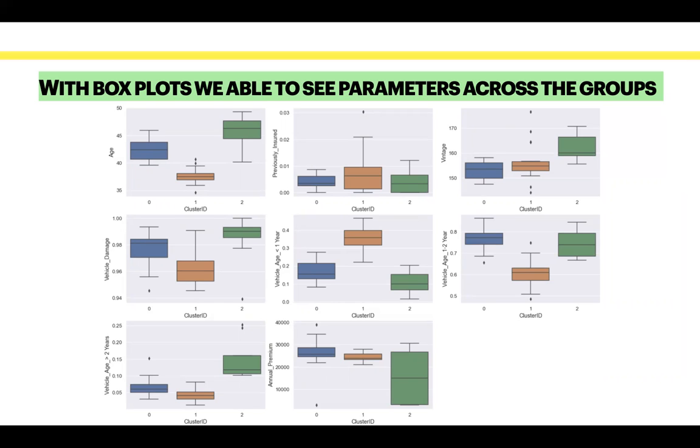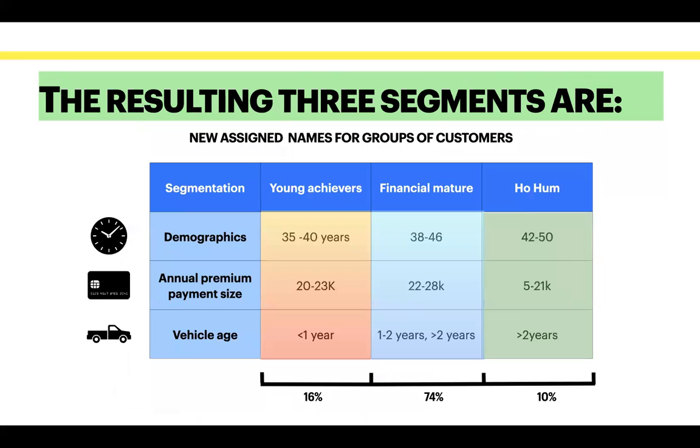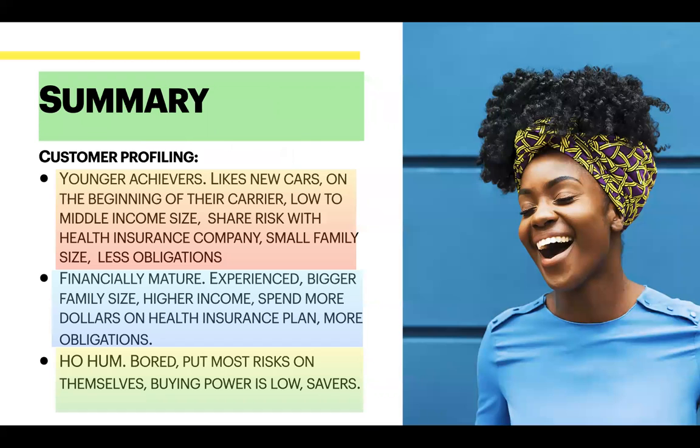So with that in mind, we could perform target marketing segmentation into 3 distinct groups. I also assigned new names to them based on the characteristics I discovered. The new names are younger achievers on the left side, financially mature in the middle, and home on the right side. So summing up the outcome of the project, we can conclude that